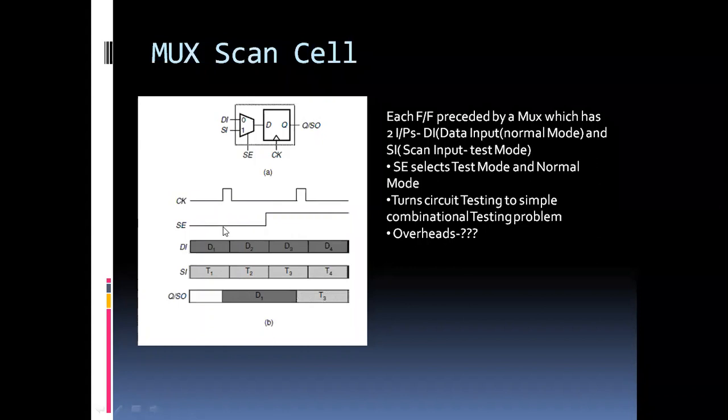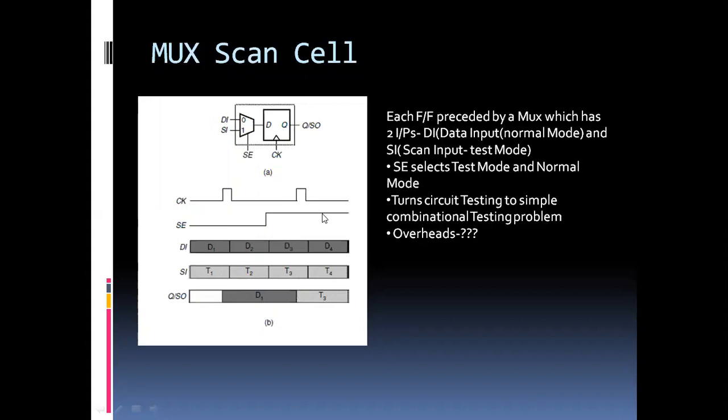Let's say at this point my data is D1. So it is clocked D1 at the input, and what I am getting at the output is whatever was the data at the input D1, that is being passed to the output. After that, till the next clock comes, SE is still 0, and somewhere it changes, select line is changed to 1.